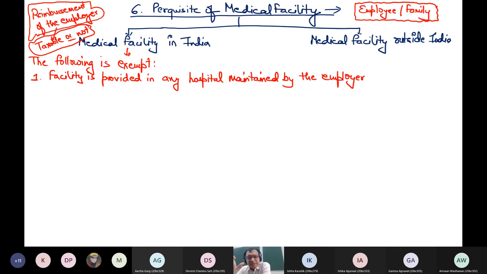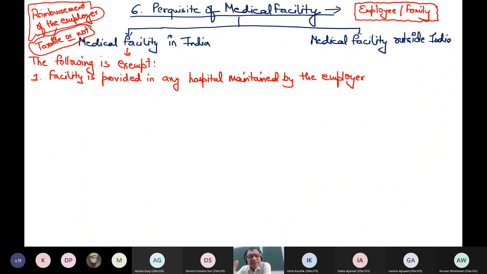So which medical facility in India is exempt? 100% exempt. If you have availed a medical facility in any hospital maintained by the employer, if Tata Industry has its own hospital, and any employee has availed the medical facility in the hospital maintained by Tatas, and the total expenditure came out to be 60 lakh, for example, which Tata says no need to pay, then Income Tax